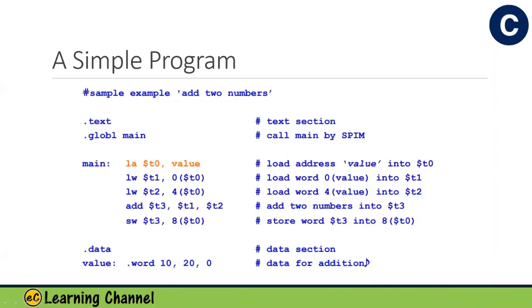So now we look at the example. This one is called adding two numbers. In this example, we load the value to T0. Here it actually is a pseudo